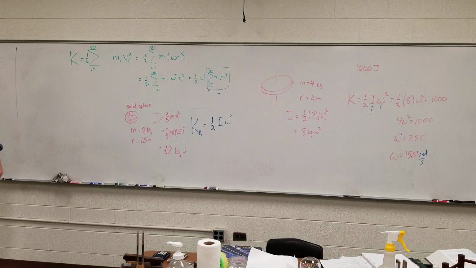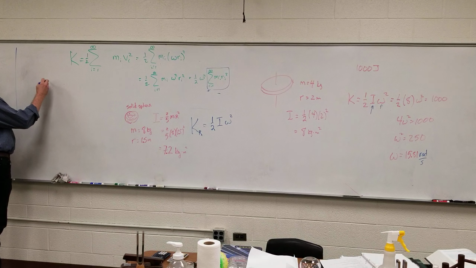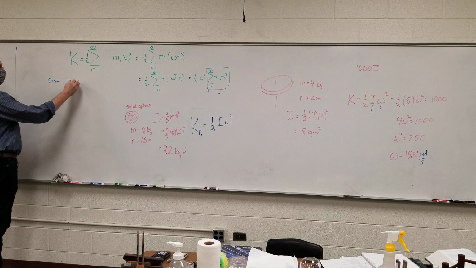What shape am I dealing with if I put it all on the outside? Yeah. And what's the formula for a hoop spinning about its center? The normal axis. I equals MR squared. So if I change my disk to a hoop,